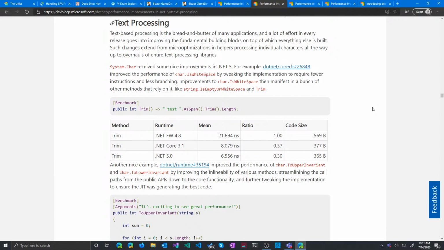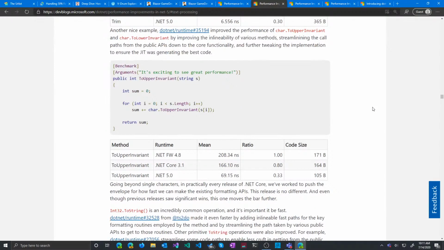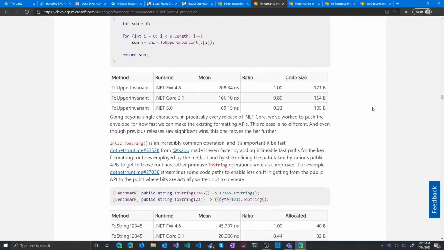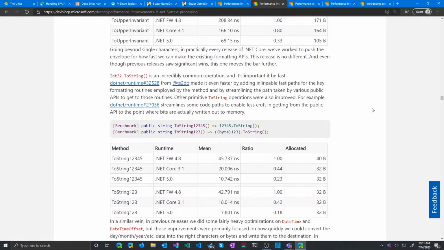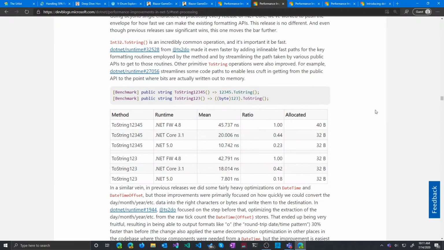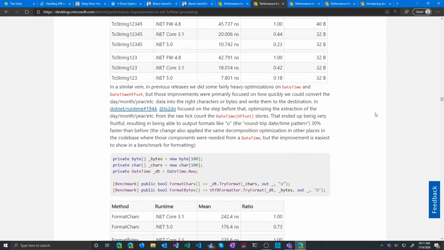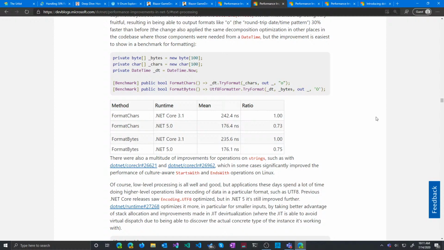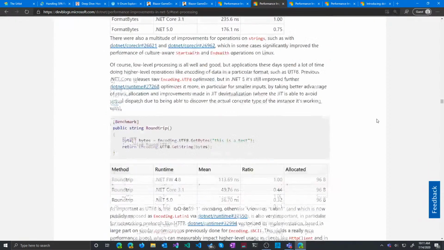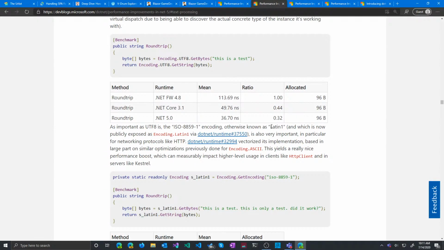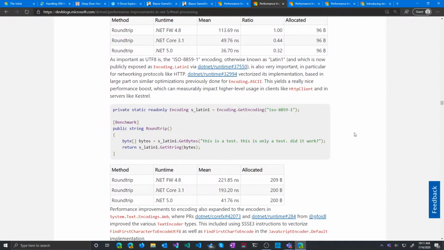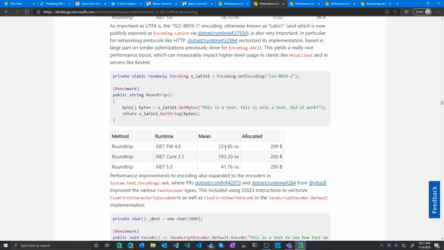Earlier on and throughout this post, there's a lot that goes into explaining things like using more hardware intrinsics and just continuing to say, hey, can we jump out of this code? Do we need to, if we're checking bounds 3 times, we can just do it once, etc. He talks about the UTF-8 formatter and also the Latin encoding, so Latin 1. And both of these are used quite a bit in things like parsing headers. And it's fun to look at these, going from 221 to 41 nanoseconds for some of these